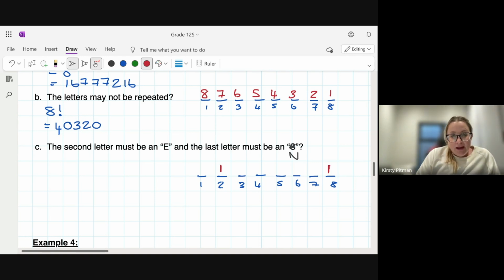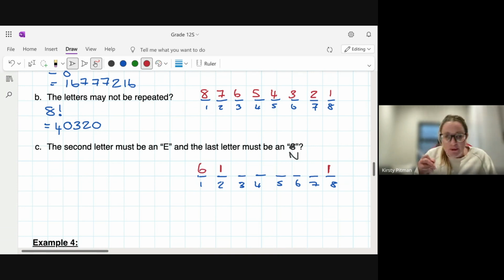Okay. If I've taken E and I've taken N away, now they haven't said to me the letters may not be repeated, but in the previous question they did. So I'm kind of assuming now that I can't reuse the letters as well. Okay, so that's one thing. I've already used E and N. So out of the total of 8 letters for equation, how many are left? I'm going to say 8 minus the 2 that I'm not allowed to use. In other words, for the first space, I can have 6.